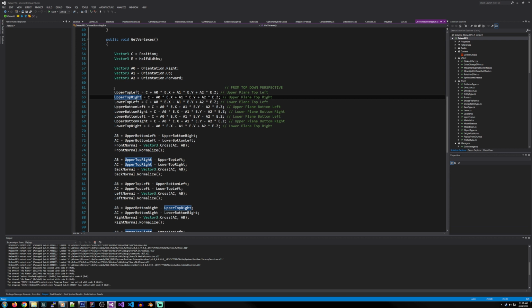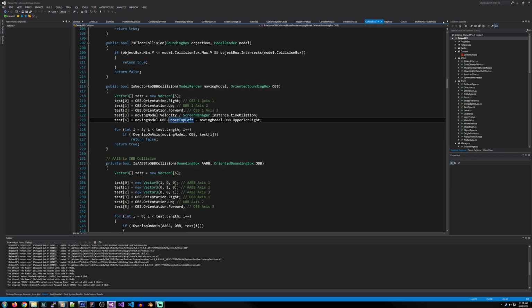This is used throughout the game where the player is interacting or colliding with an OBB, things like that. In this case, we're using it for getting the width of the bullet. And we only need to do this once for this collision, so that get vertexes we're not calling every frame,